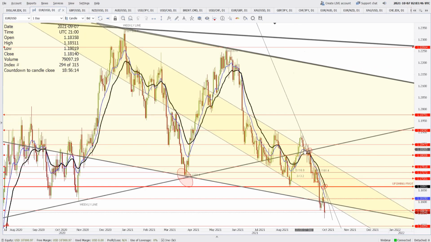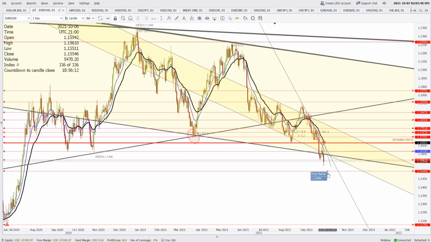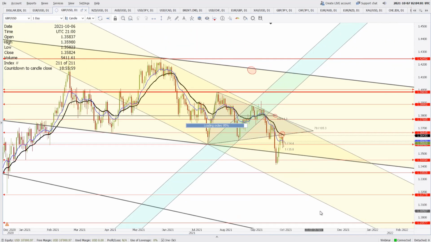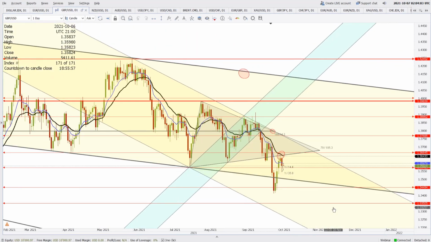Now the next target for the downside is at 1.1495, which may offer some support to the price, or otherwise 1.1562 will keep acting as a resistance in coming days. Talking about GBP USD, the support and resistance levels for this are